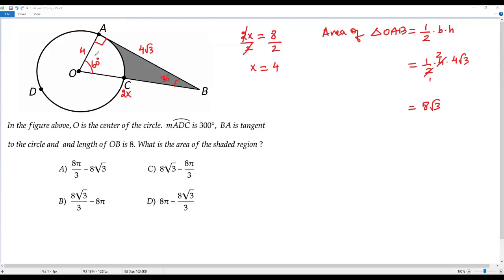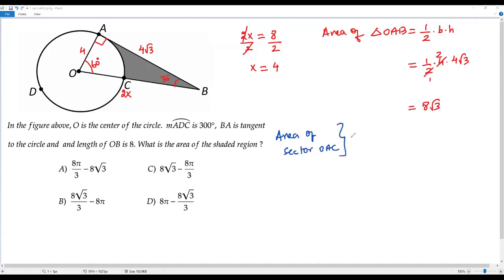Okay, now mine is to get the area of this sector OAC. Once I get the area of this sector OAC, it can be subtracted from the area of the triangle to get the area of the shaded region. Okay, how do I get the area of the sector? There is a formula. Let me write it. Area of sector